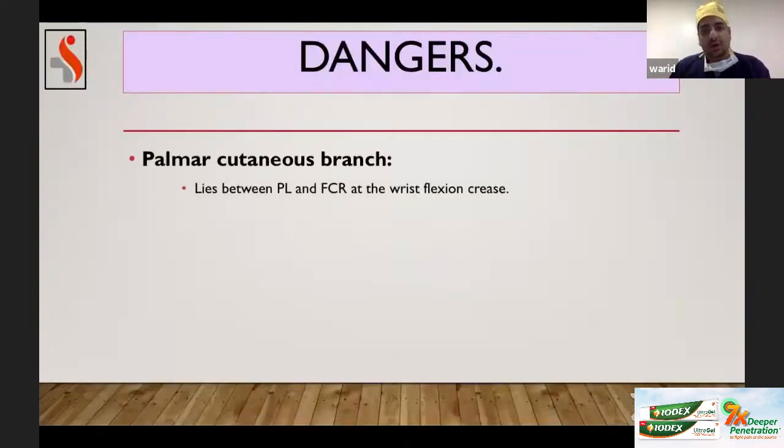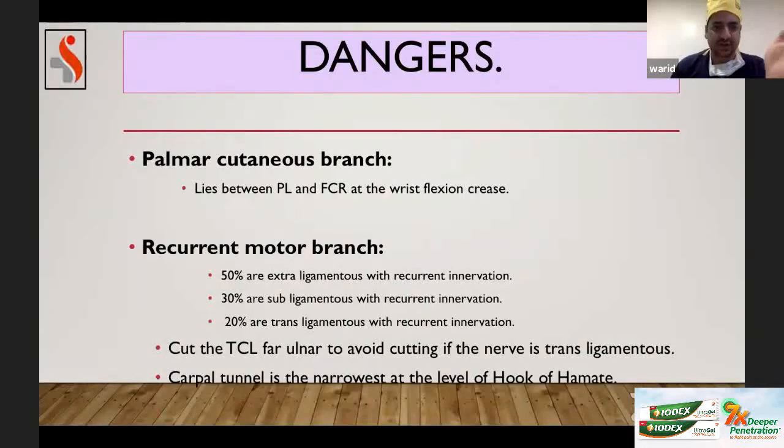So again, complications. The first slide which I showed you was the complications. So complications are associated with every surgery. Similarly with this, a palmar cutaneous branch can be injured. Try to remain on the ulnar side of your incision. A recurrent motor branch can be injured, which 20% times is transligamentous with recurrent innervation. So when it is transligamentous, through the ligament, you don't know where it is crossing the ligament, and 20% times the recurrent motor branch is transligamentous. So you cut the transverse carpal ligament on the ulnar side of your incision, so that you save that,